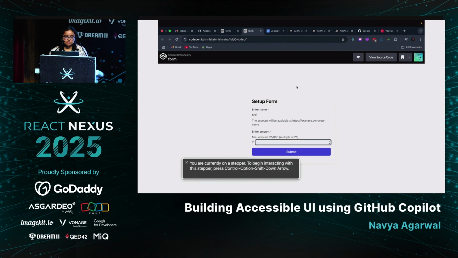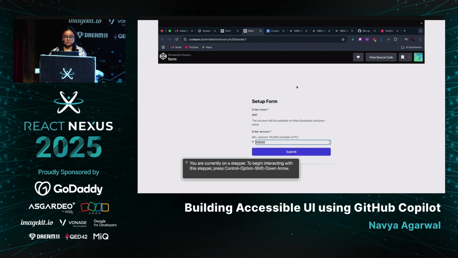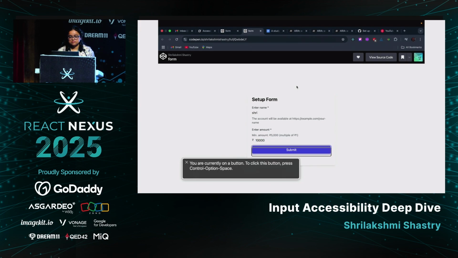You are currently on a stepper. To begin interacting with this stepper, press Ctrl Option Shift down arrow. Enter an amount 0. You are currently on a stepper. You are currently on a button. To click this button. Form submitted successfully.